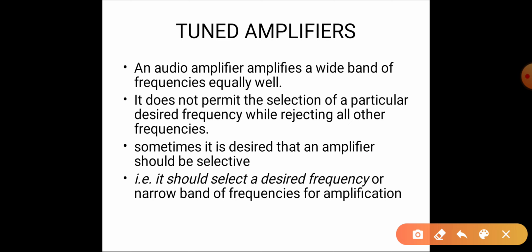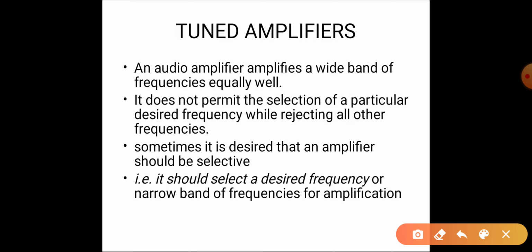In radio communication or TV communication, or even in mobile communication, each channel has a different set of frequencies, called carrier frequencies.